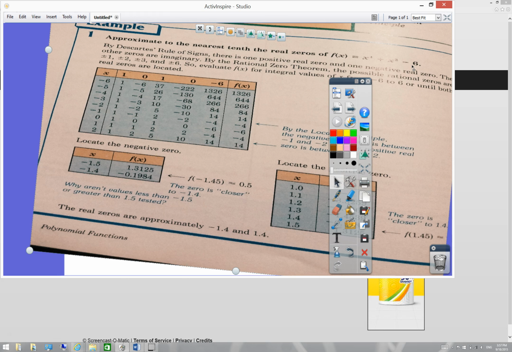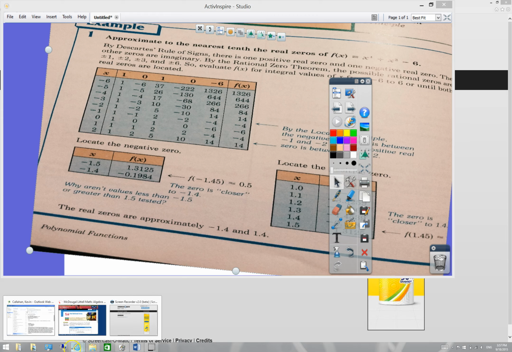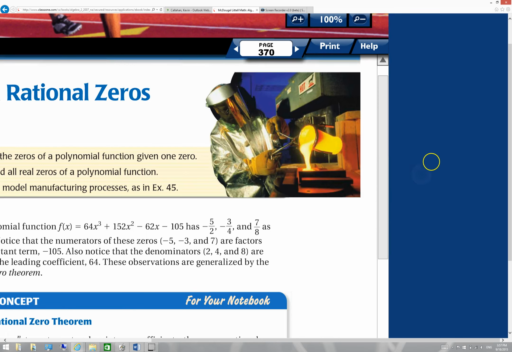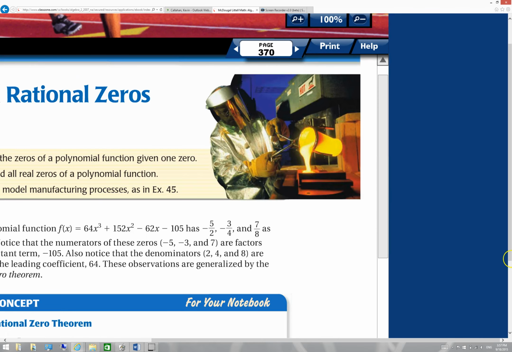All right, now another thing that I think we talked about before, I think I included in the last video, is the rational zero theorem, or the rational zero test. The rational zero test says